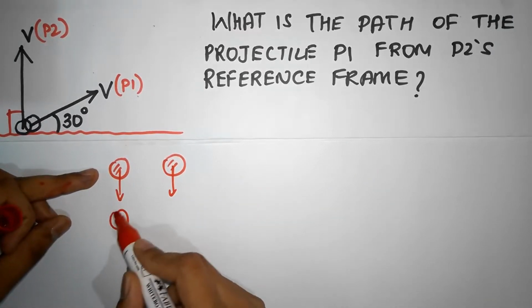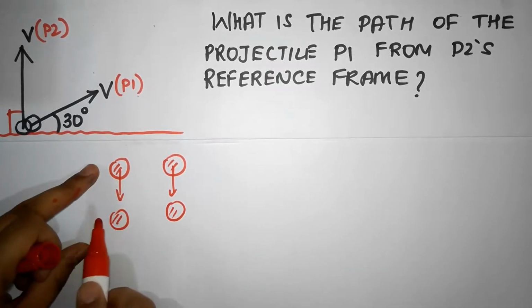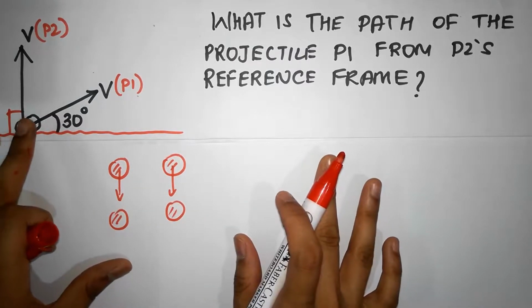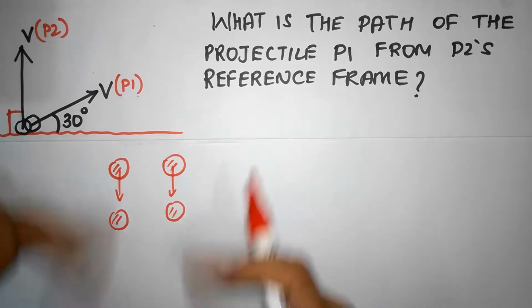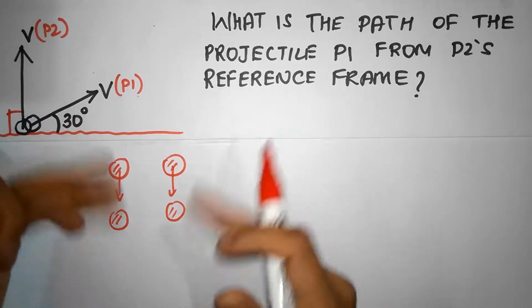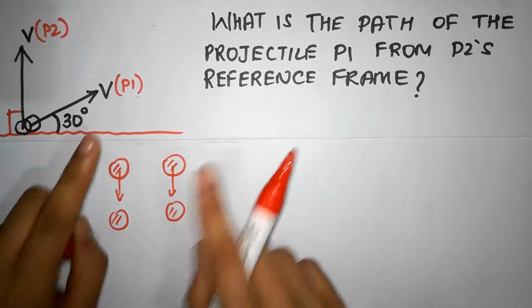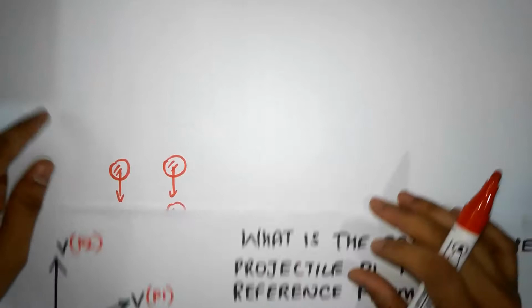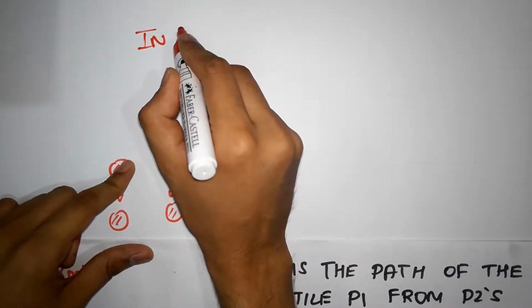So after some time, if you see this guy has come here, this fellow also has reached there. So with respect to one fellow, the other fellow seems to be not moving at all. Or in other words, vertically, it seems like they're not moving at all. It's not that they're not moving at all, it seems they're not accelerating at all. That means we can forget gravity. So in free fall, we have a simple rule. In free fall reference frames,